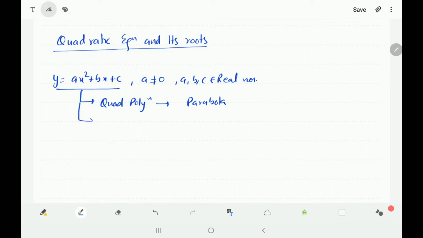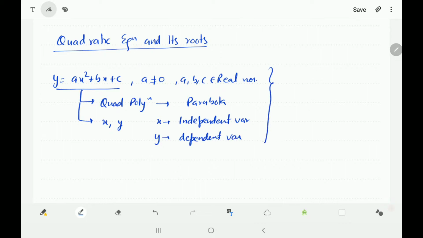This polynomial has two variables, one is x and one is y. We call x the independent variable and y the dependent variable. Okay. One more thing here which is quite important to note down is, if I write y is equal to